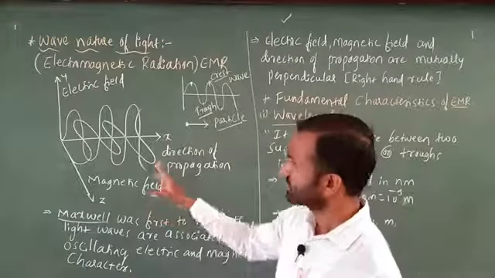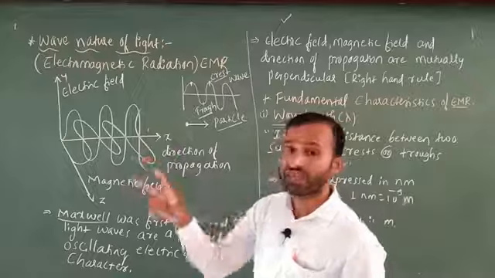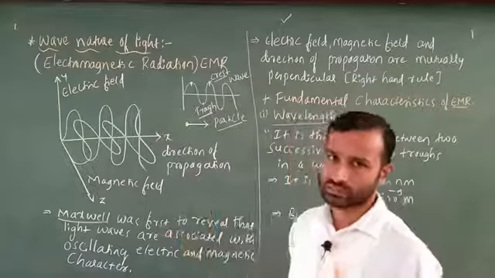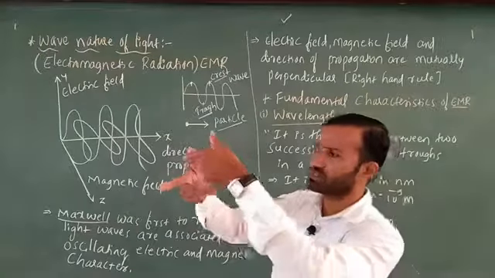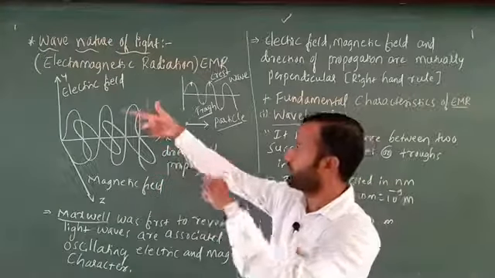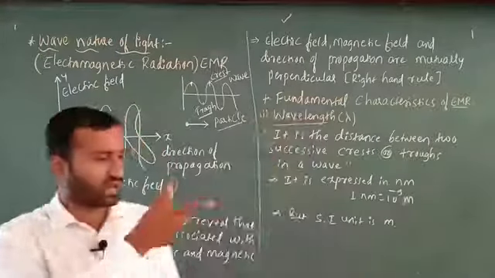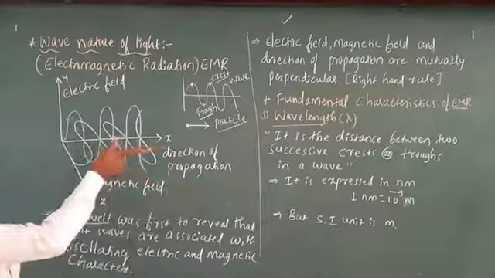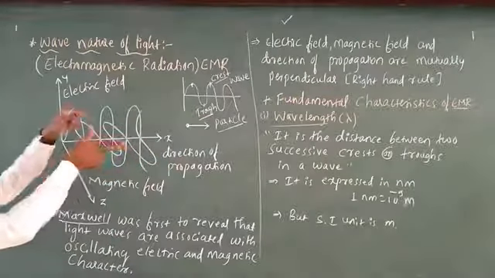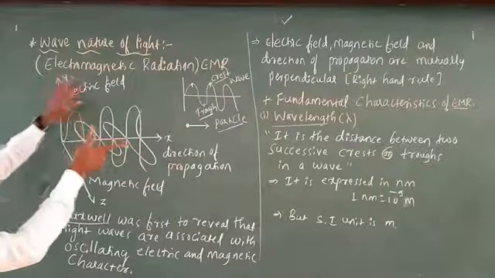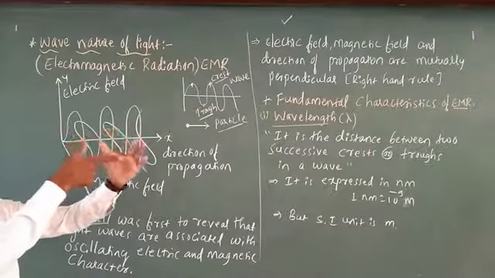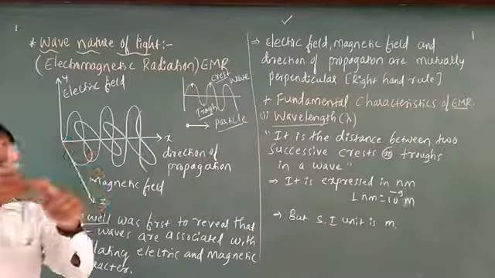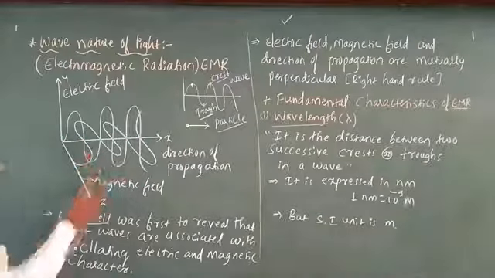Next, this looks like the right hand rule. It is there in, I think, 10th class. That's why it is important in this case. This first one indicates what? You have to think. If you want, you can do it like this, no problem. This first one is the electrical field. This one indicates the direction of propagation. After that, this one indicates